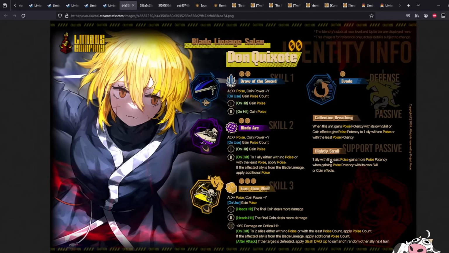Her support passive is one ally with the least poise gains more poise potency when they gain a poise potency. So either way, whether you use her actively or use her as a support, she actually gives quite a lot of value no matter what. She gives you more poise potency to help you hit the guaranteed critical threshold. I think you need 20 poise to guarantee a crit, right? Anyway, for this character here, looks like it's not going to be a lot of coins, but doesn't really matter